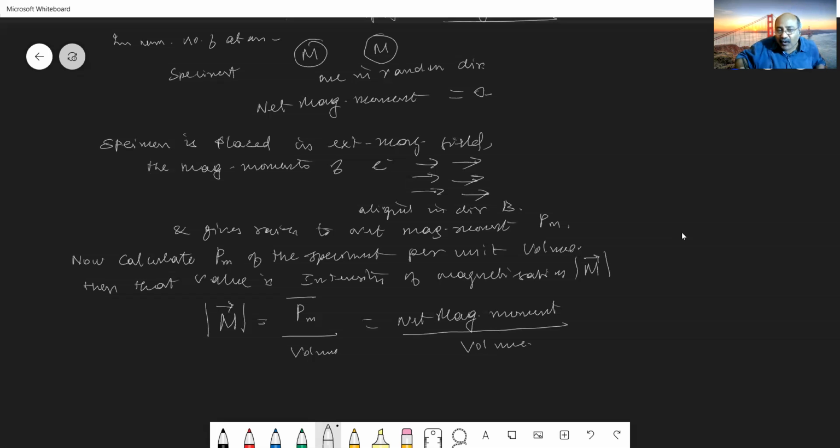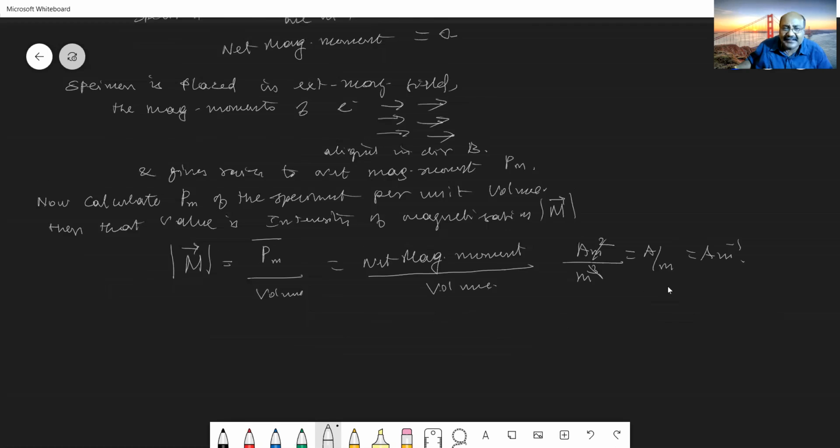You see, what is this net magnetic moment? Magnetic moment is given in ampere meter square. Volume is generally given by length into breadth into height, so meter cube. When I cancel, I get the unit ampere per meter. So the magnetizing field is the applied magnetic field to magnetize a material. When the material is getting magnetized, it is considered the intensity of magnetization. So for intensity of magnetization, I have got the unit as ampere per meter.